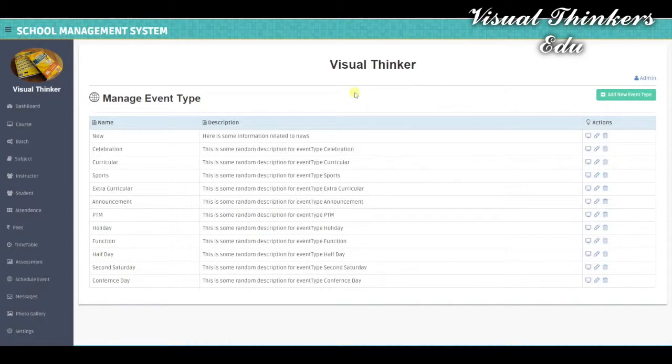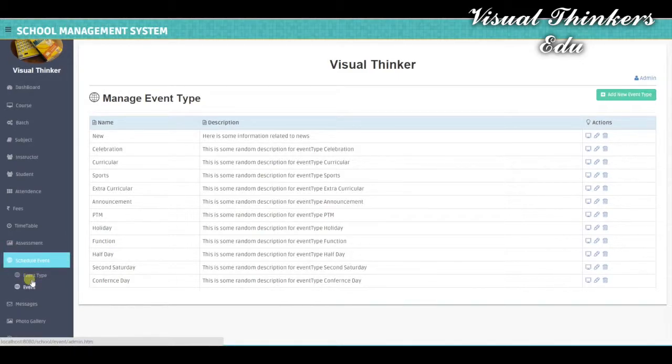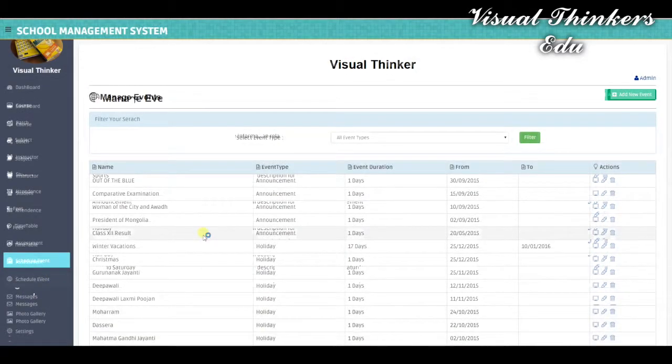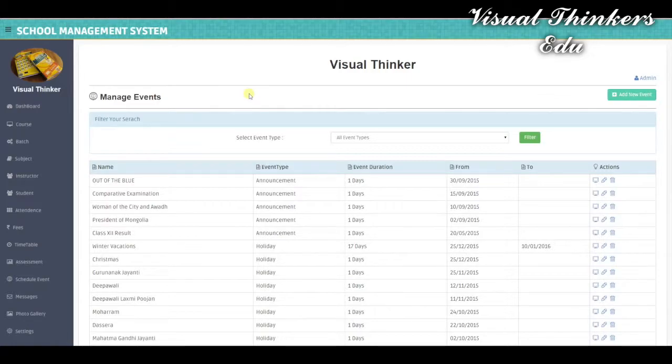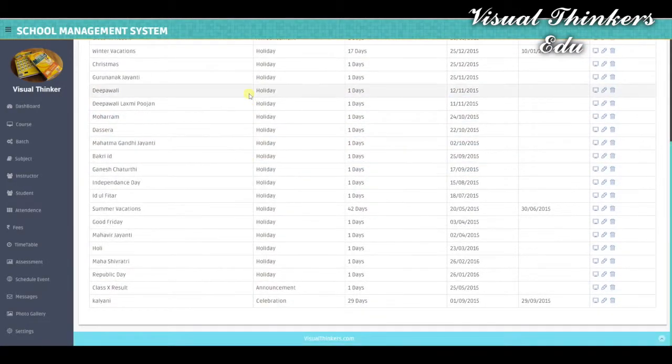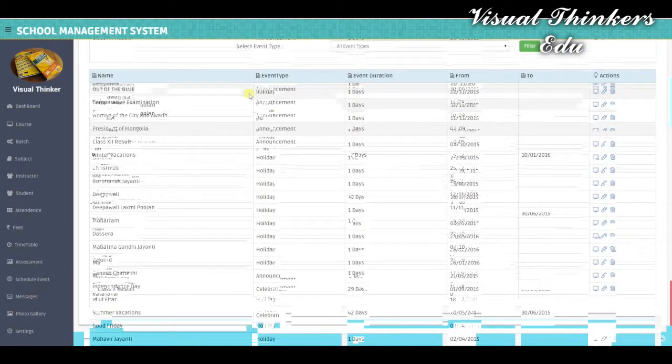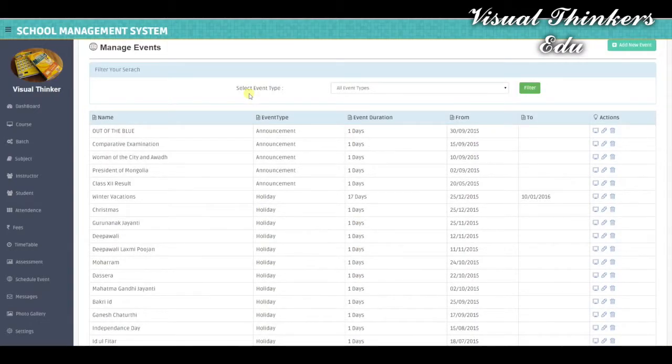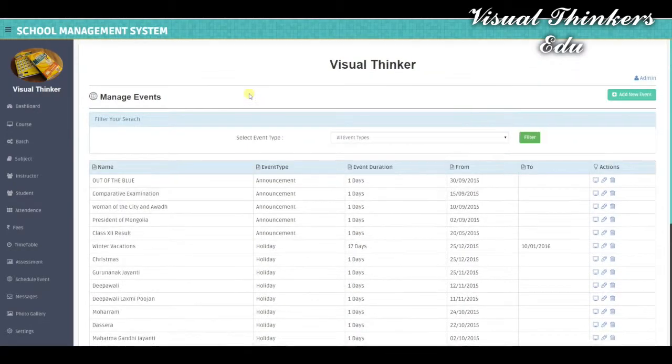Now your second step is to manage events. Back in the Schedule Event module, click on event. It will provide a detailed list of events with event type, duration, and time of the event.